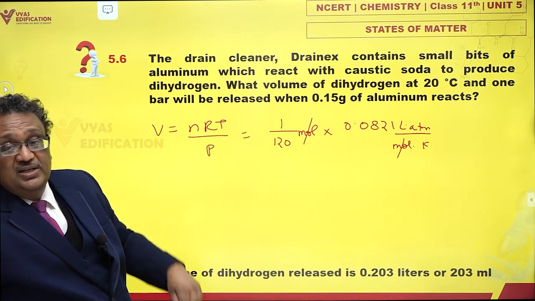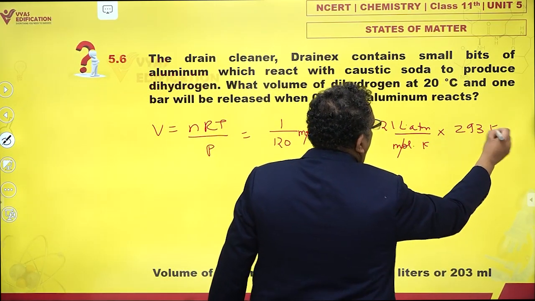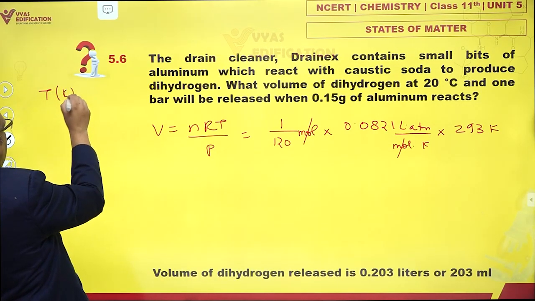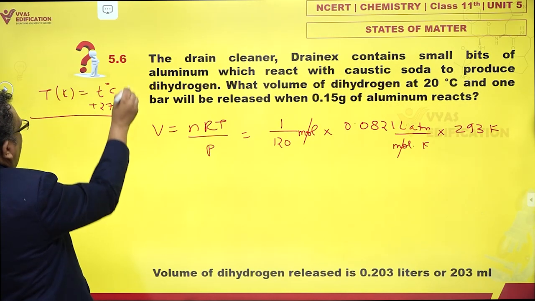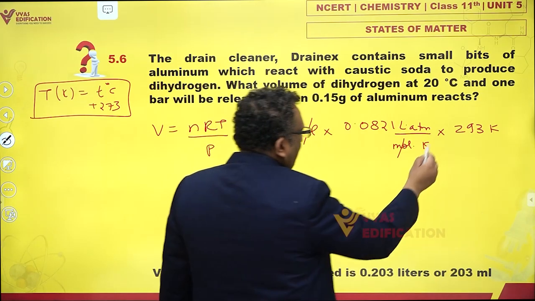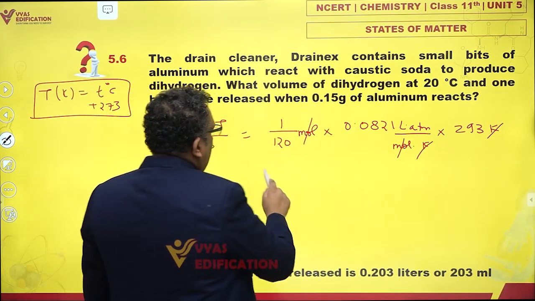Temperature, 20 degrees Celsius is 293 Kelvin. How did you do it? Temperature in Kelvin is temperature in degrees Celsius plus 273. I just add 273 plus 20, that makes it 293 Kelvin. Units of Kelvin cancel. Please never substitute in degrees Celsius, that is wrong. Divided by